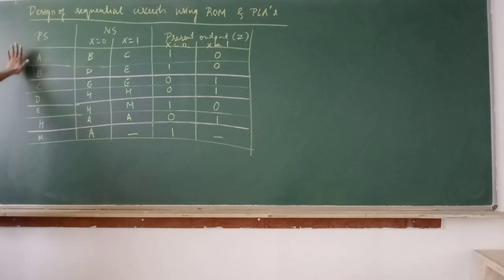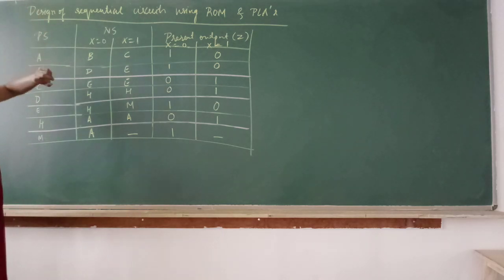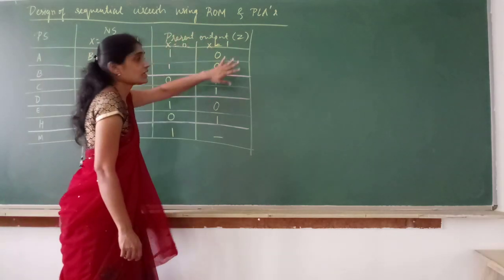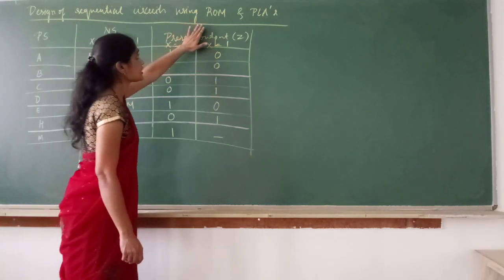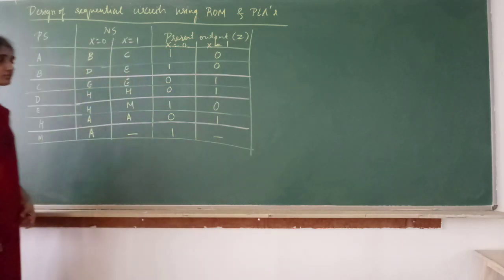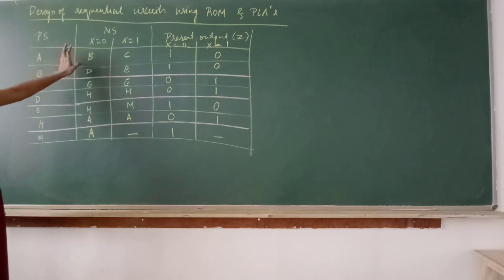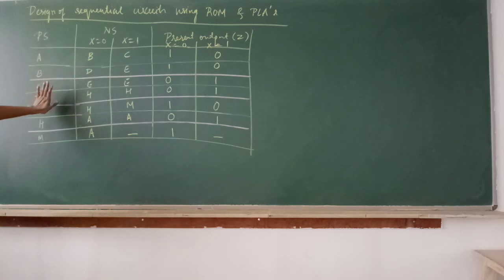So now I am explaining how a sequential circuit, that is the code converter circuit, is designed using ROM. Then we will take PLA. Now I am writing the circuit using ROM and flip-flops. Code converter sequential circuits can also be designed using ROM and flip-flops, so we will discuss how it is done for BCD to XS3. All of you are familiar with the transition table here.